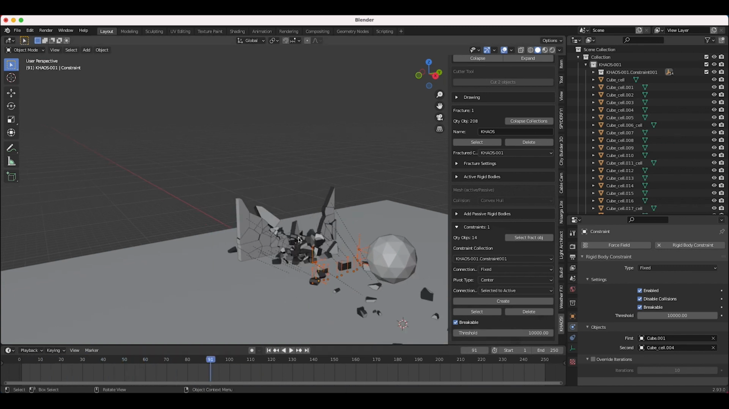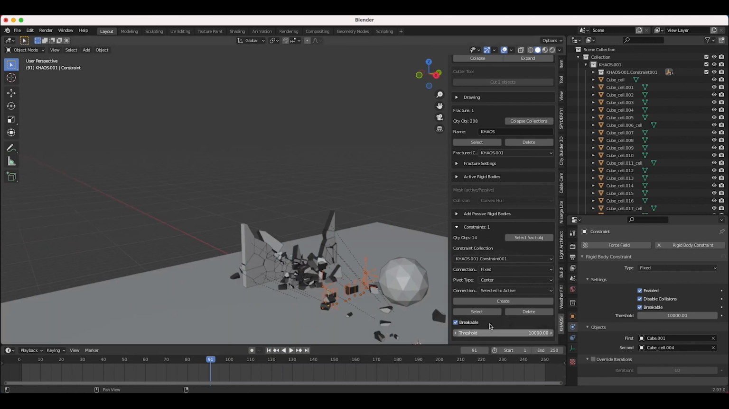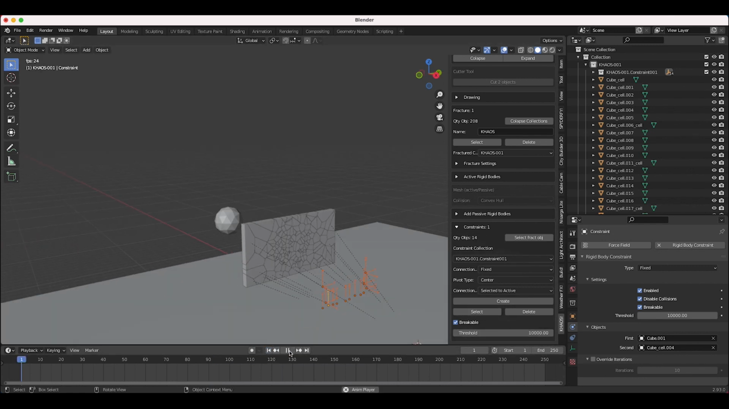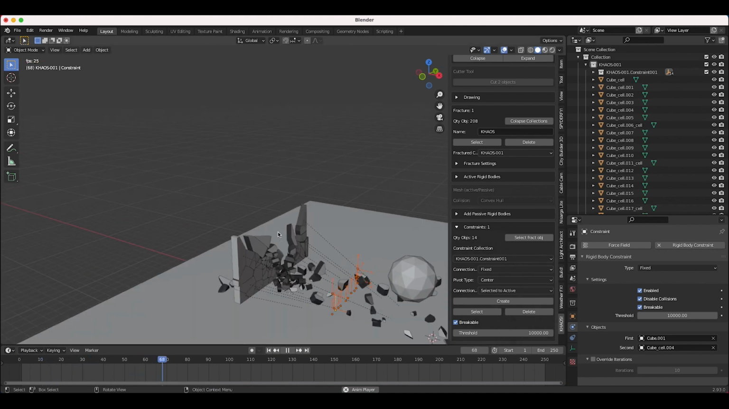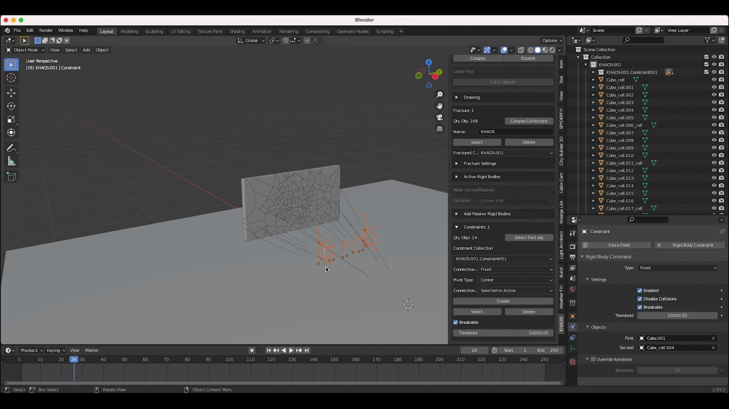And there we go. See, now this constraint will only break if the force passes 10,000. That's how you can use the breakable threshold. I'm going to leave it like this for now because I think it's looking pretty cool. One more thing I might do just to show you how we can add another constraint to this system is